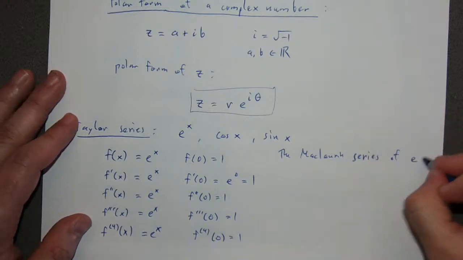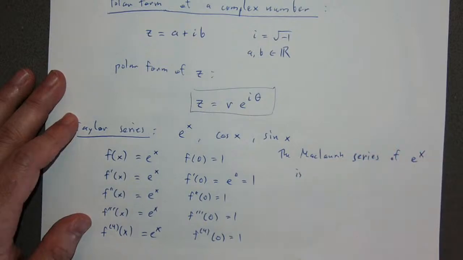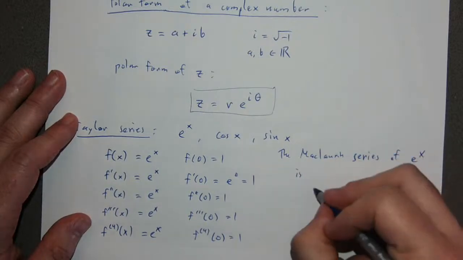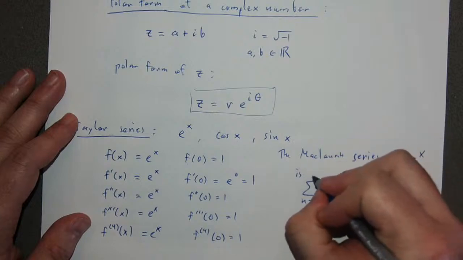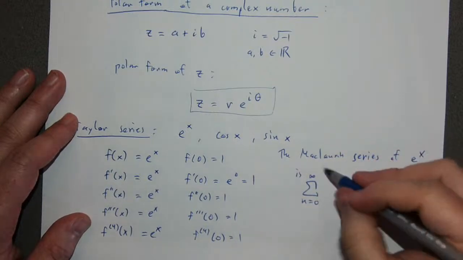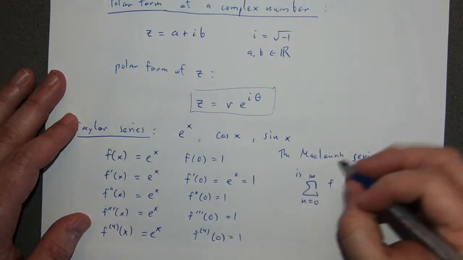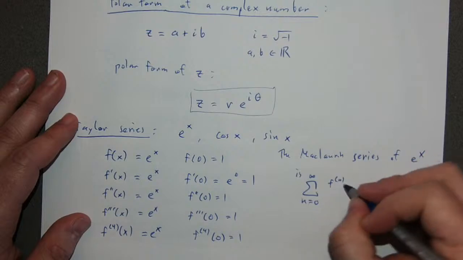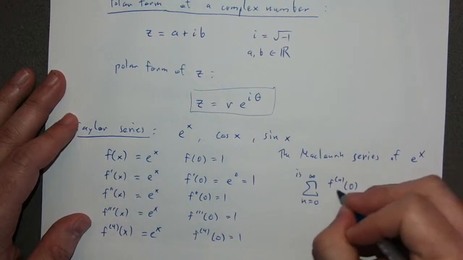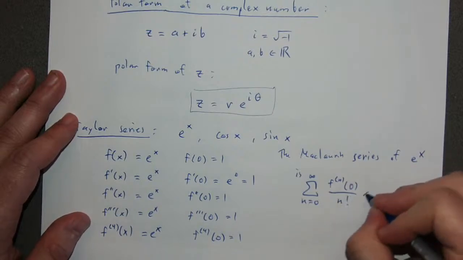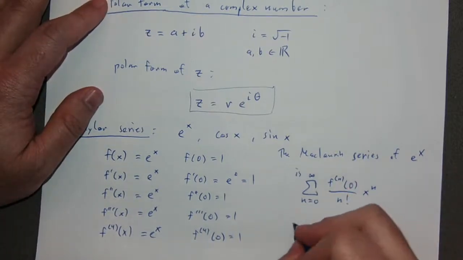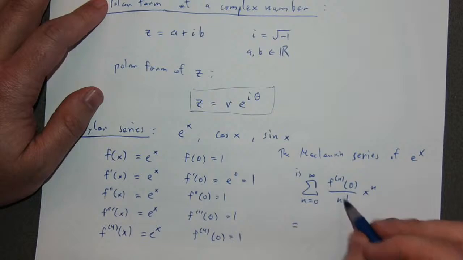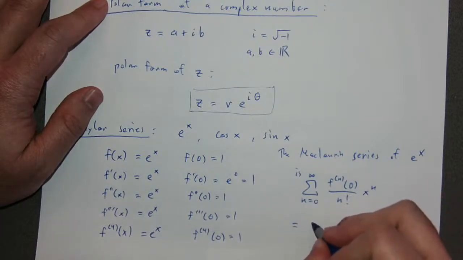Well, just following the definition of the Maclaurin series, it's the sum from n equals 0 to infinity of the nth derivative of f evaluated at 0 over n factorial times x to the n. But we saw that all these are 1. So if I write this out, this would be 1